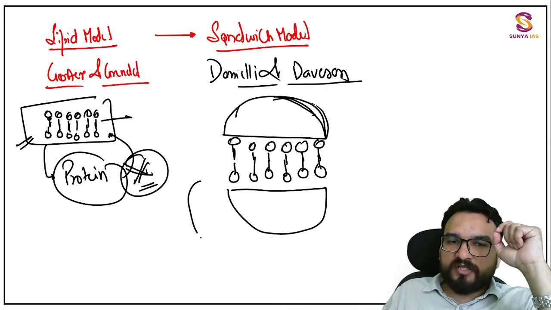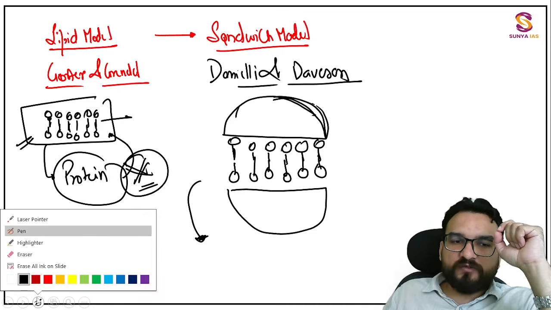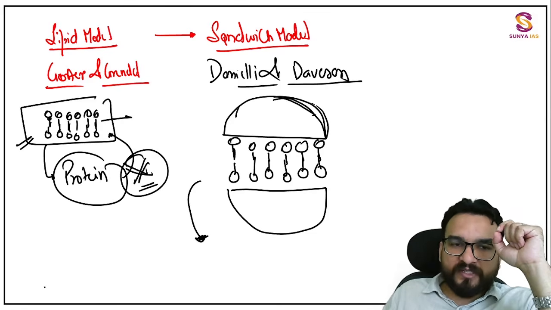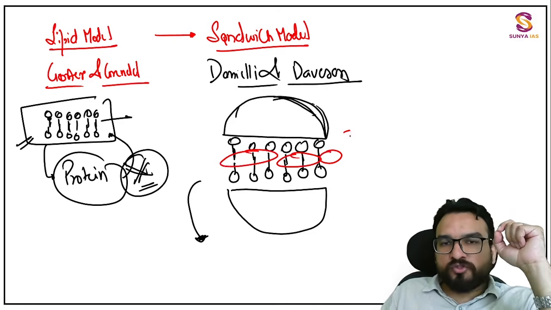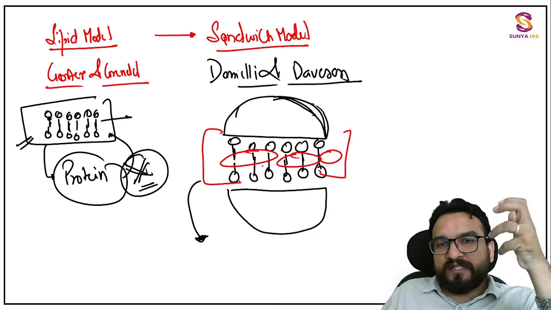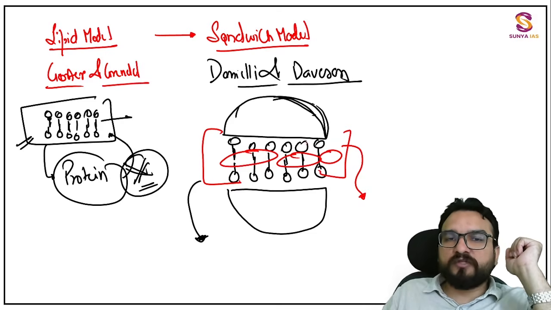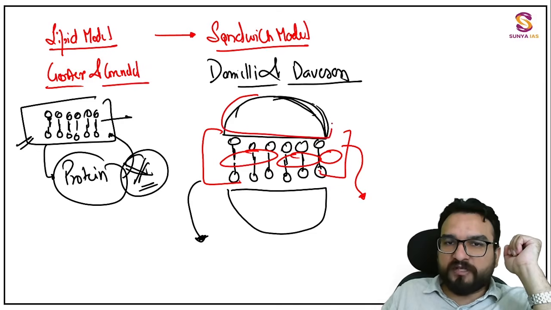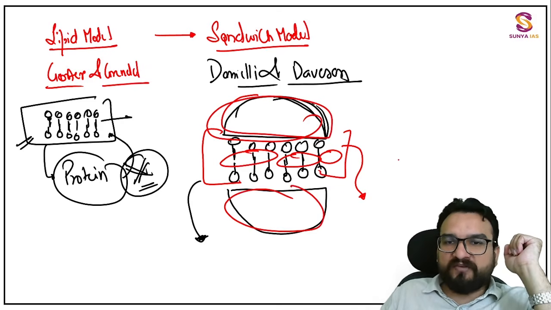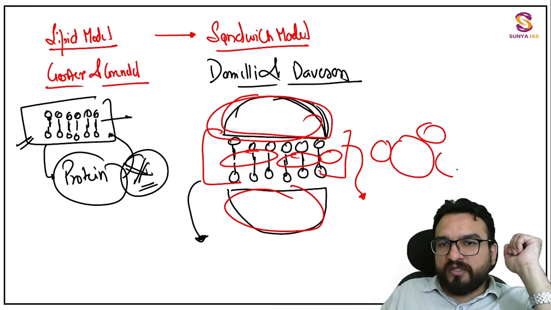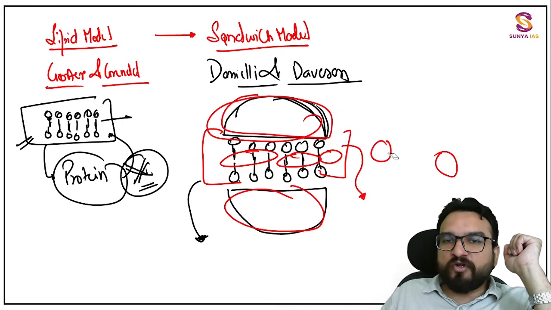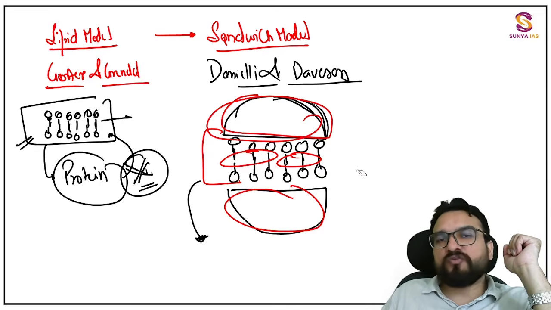Again, this was the limitation, because the proteins you will be finding are not like this. Certain proteins are embedded inside the phospholipid layer also. So they have not given the explanation for the proteins which are an integral part of the phospholipid layer. They have given the information about the peripheral protein. Peripheral means the one that is outside, integral means the one that is inside. So they have not given information about the integral proteins over here.